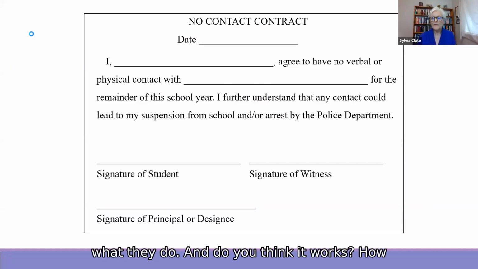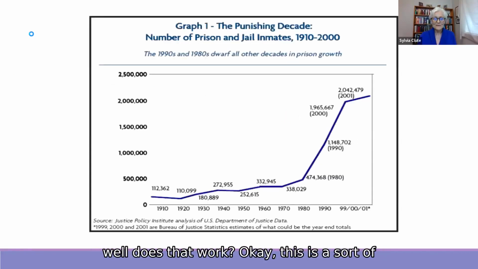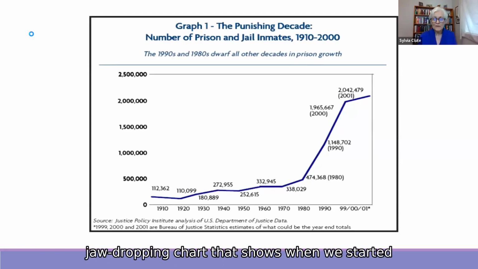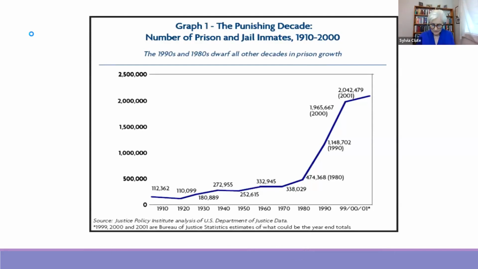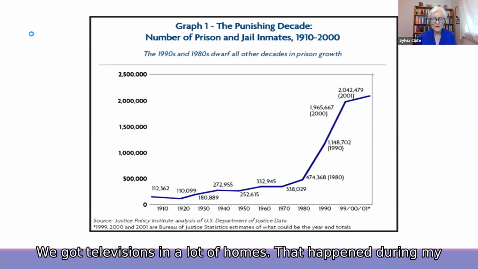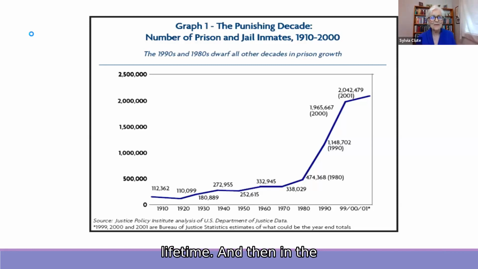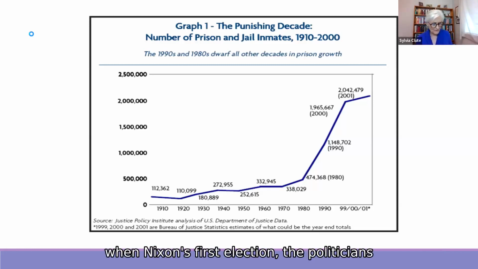That's what they do. And do you think it works? How well does that work? Okay, this is a sort of jaw-dropping chart that shows when we started getting tough on crime. Do you remember? We got televisions in a lot of homes. That happened during my lifetime. And then in Nixon's first election,